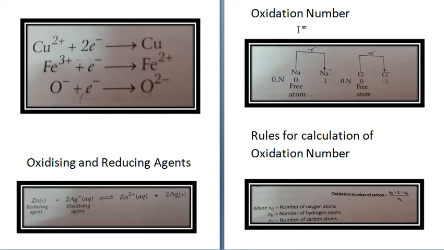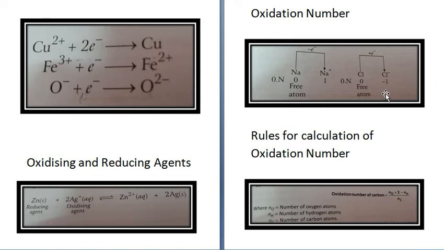Okay, now we come to oxidation number. Oxidation number is also referred to as oxidation state. Now it is defined as the real or imaginary charge which an atom appears to have when it is in a combination. It can also be defined as the number of electrons lost or gained when its one atom comes in combined state from its uncombined state. Like if we take the example of NaCl.